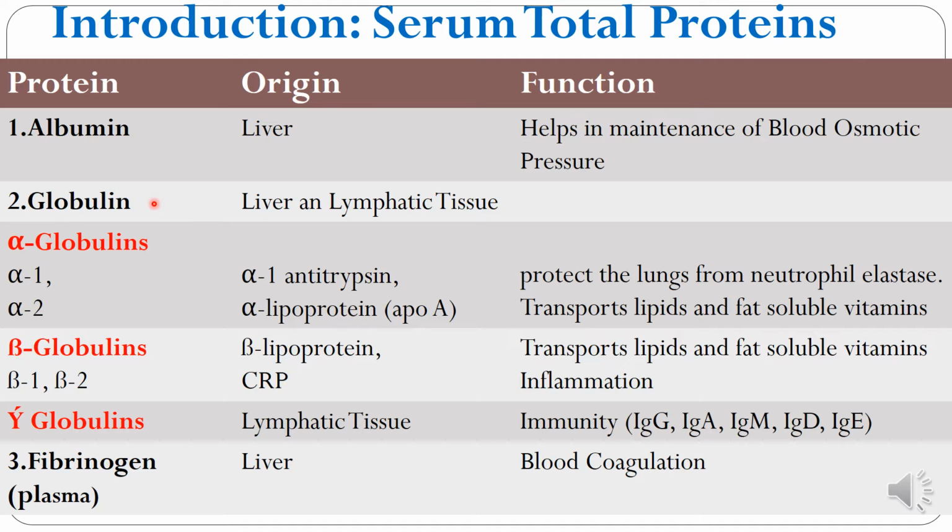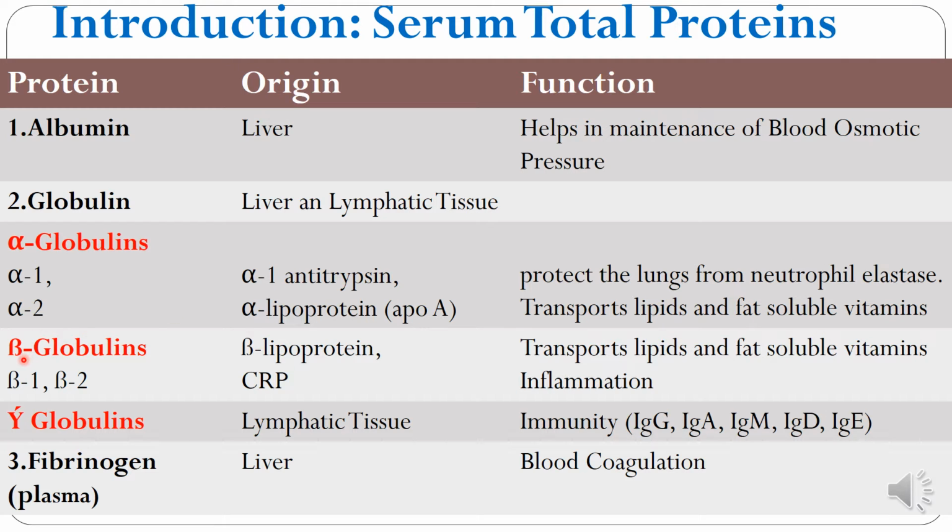The globulins contain alpha globulins, beta globulins and gamma globulins. The alpha globulins and beta globulins both are synthesized in the liver. The alpha globulins are of alpha 1 and alpha 2 types. Example of alpha 1 is alpha 1 antitrypsin. An example of alpha 2 is alpha lipoprotein, which is also known as ApoA. Alpha 1 antitrypsin protects the lungs from neutrophil elastase, whereas apoprotein A helps in transport of lipids and fat soluble